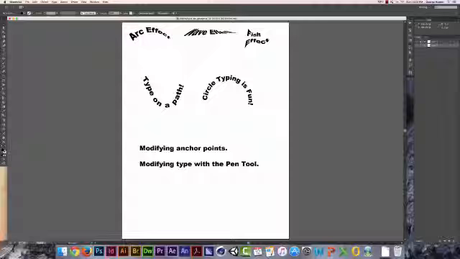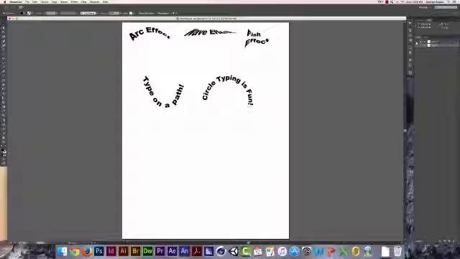We can also modify type by modifying the anchor points of the type after we convert it to outlines, and we can modify type with the various pen tools available to us. So let's take a look at that. First step, again, let's draw a text box, and let's type in the word PEN